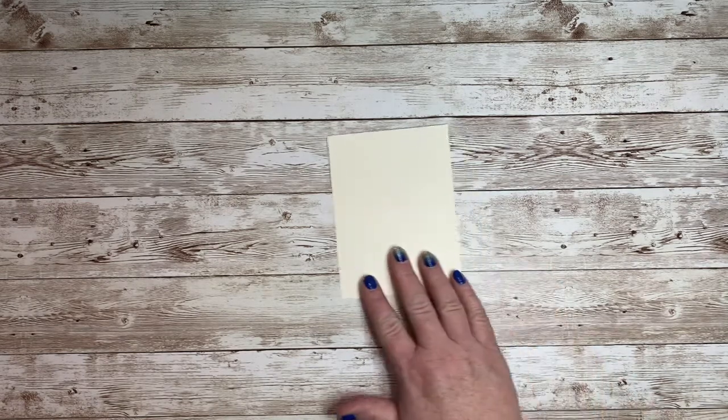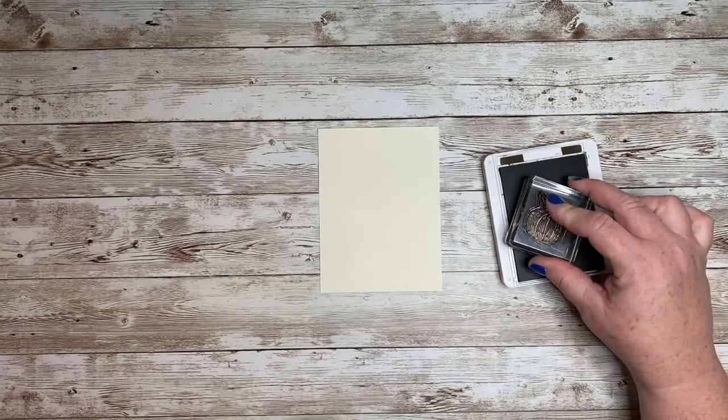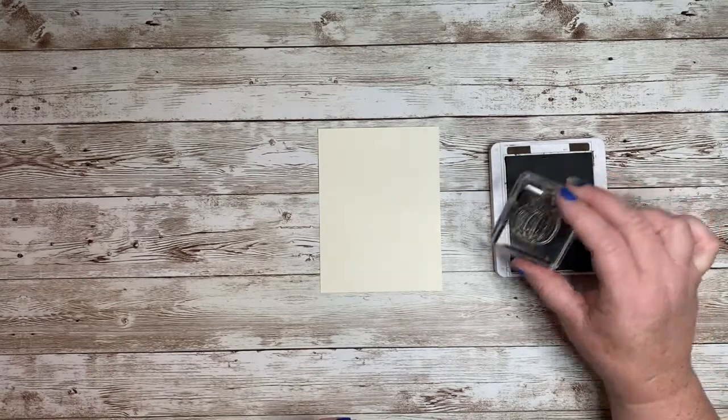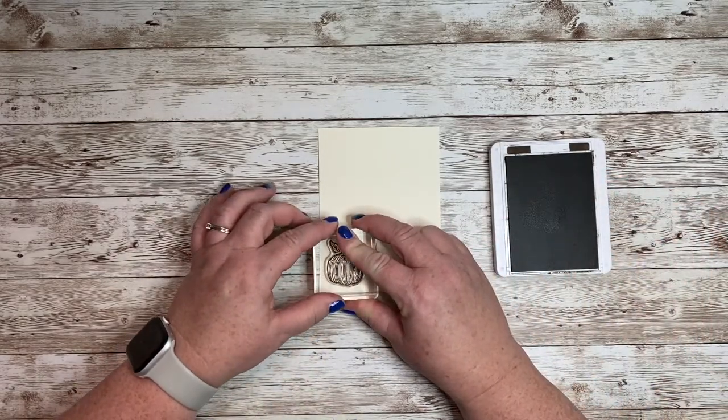Let's take our inside layer, and I am going to pull out this little stamp. The Harvest Hello stamp set is super cute, but I wanted something a little bit smaller in a pumpkin, and it just has the one size. So I pulled out this image from our Paper Pumpkin kit from this month,